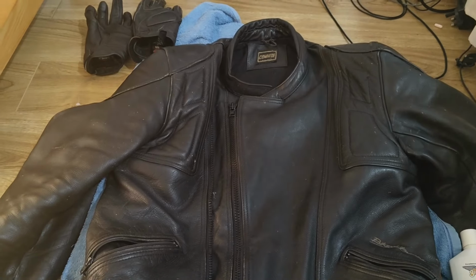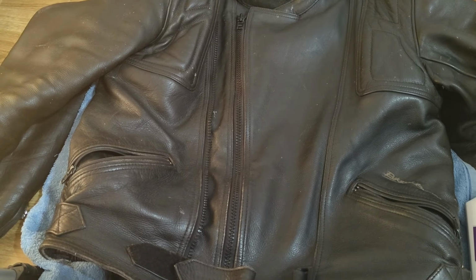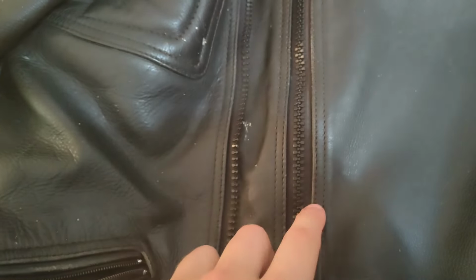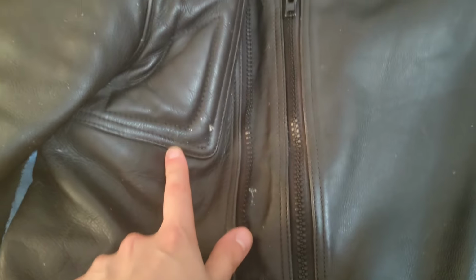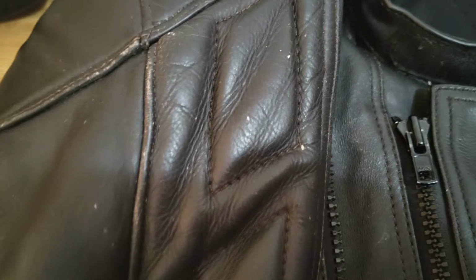So today I'm going to be freshening up this leather jacket I've had for a good few years now. Basically the main thing I'm going to do is clean off all the bug splatter which I've got. It's not too bad since I've had a screen on my motorbike, but it is still there. So I'm going to be cleaning it, and then I've also bought some dye because there's areas on here, hopefully